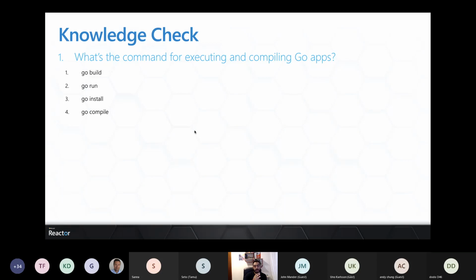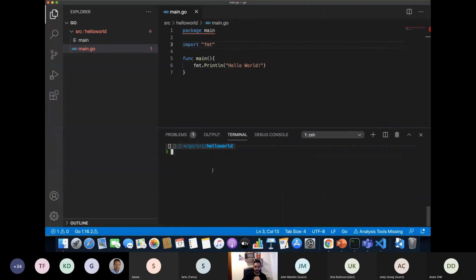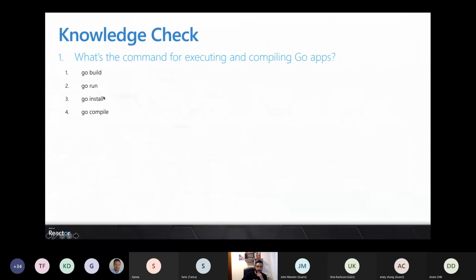Go install is going to create the libraries, and go compile actually does not exist, right? If we do something like go compile main.go, that does not exist. So the correct answer is the second one, go run.